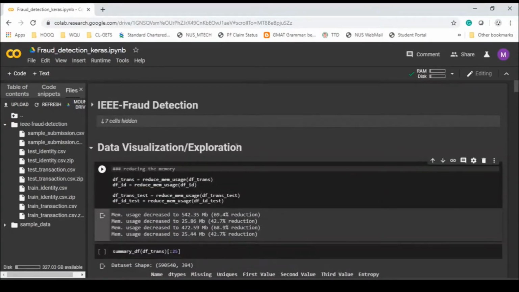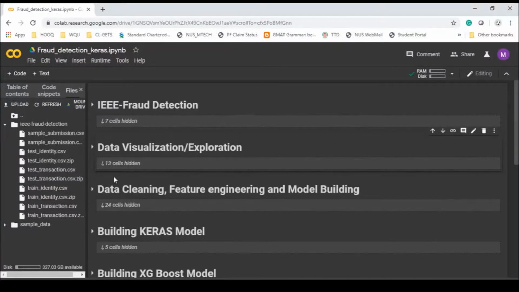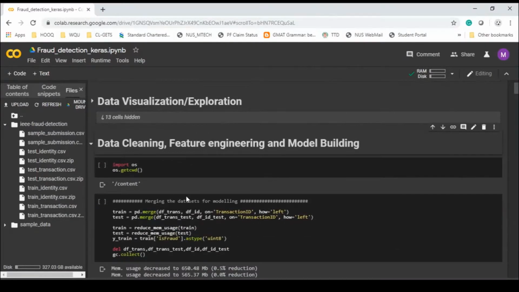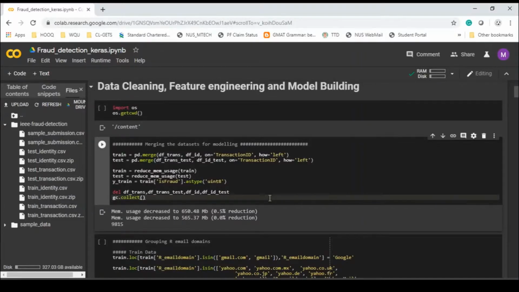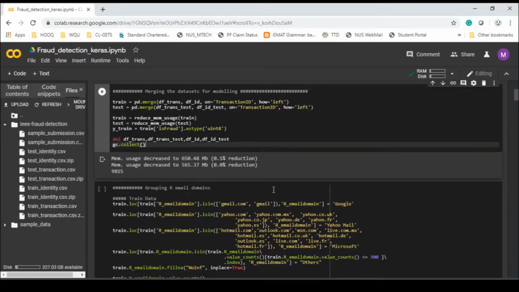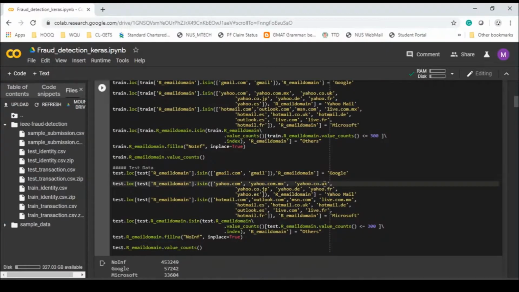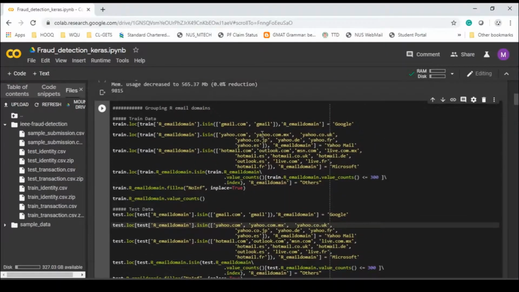After the data visualization comes the data cleaning part. This is the most important, and it took most of my time, because first you need to go through the entire data set and see what needs to be kept and what needs to be removed, and understand how and why you are removing it. First is the email domains. Some cleanup was done there, like yahoo.com, yahoo.com.mx, .uk, to bring all the values to the same level,